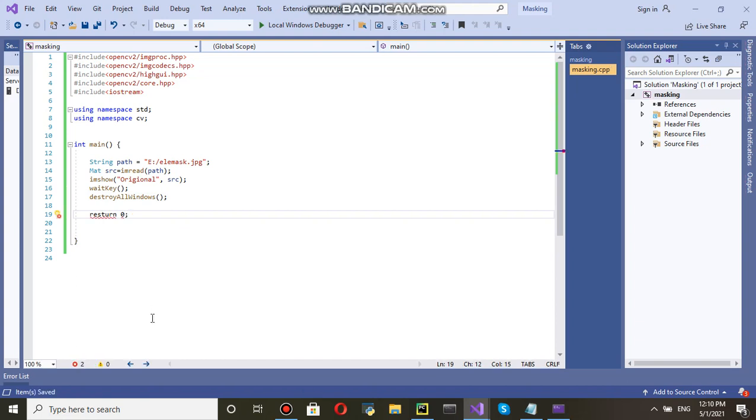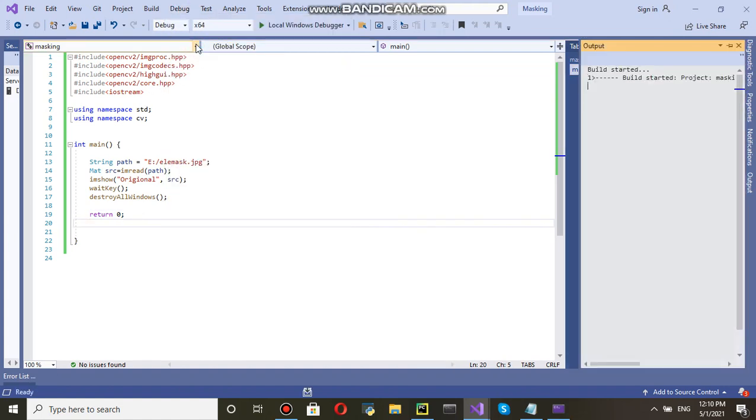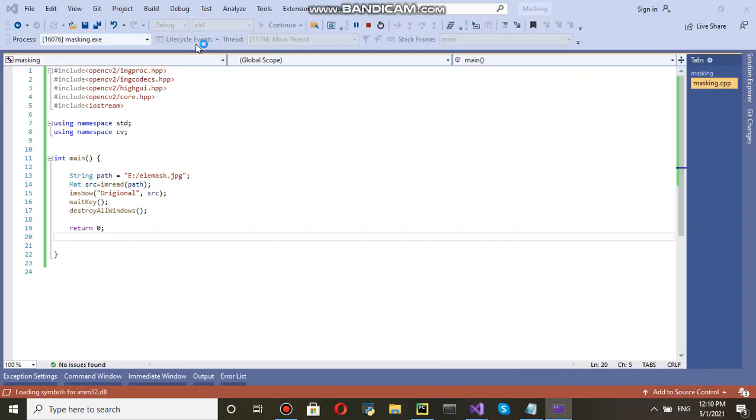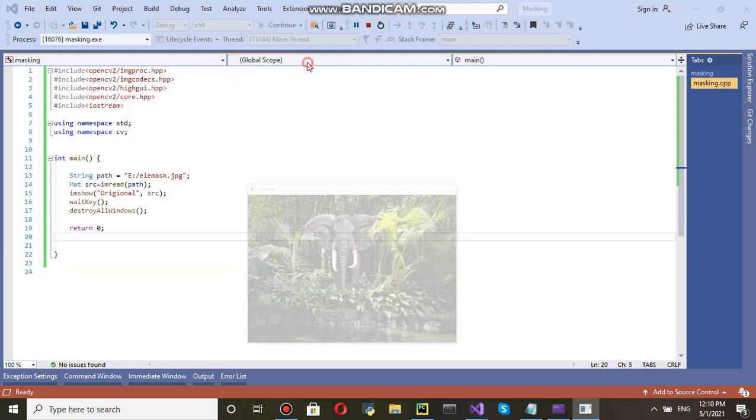Okay, Control S. Now I start debugging. Here you can see the original image is getting printed.